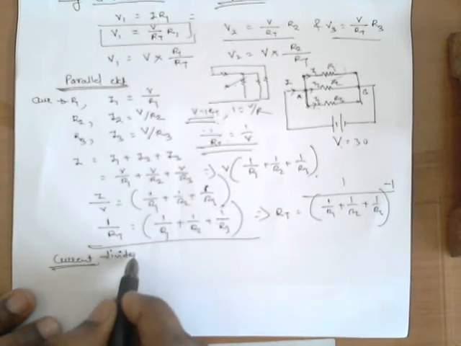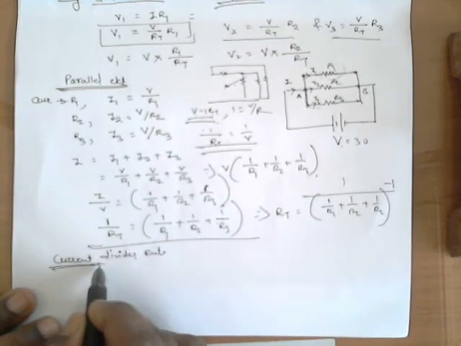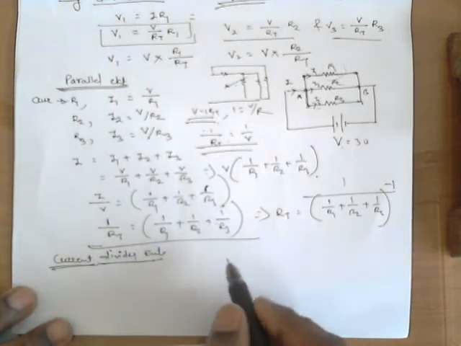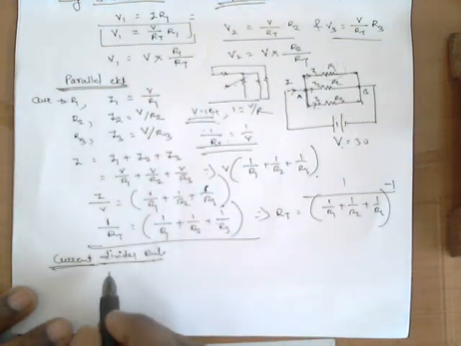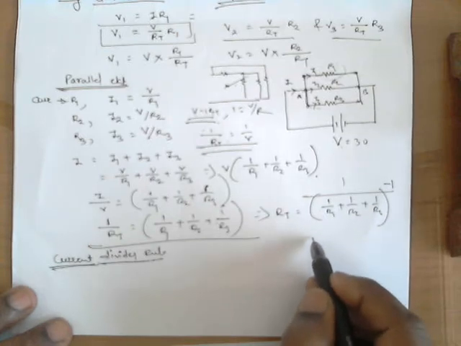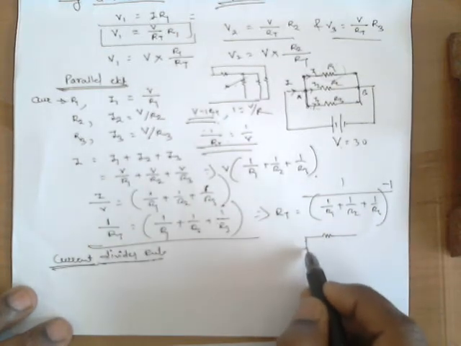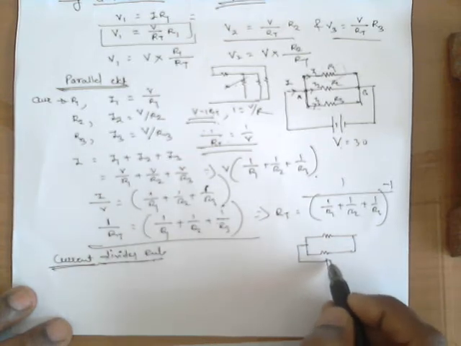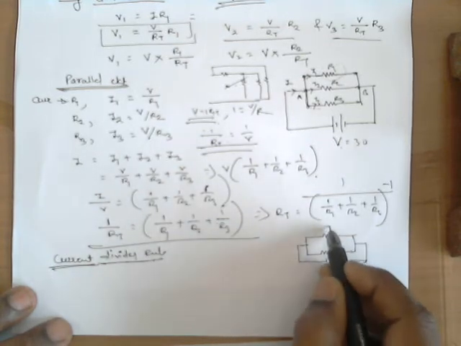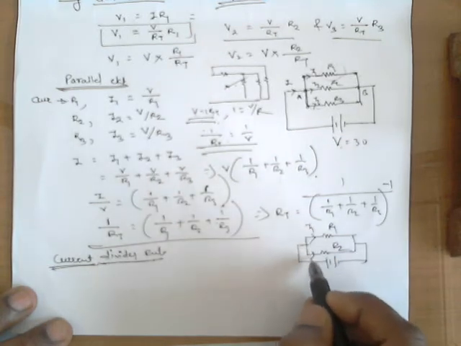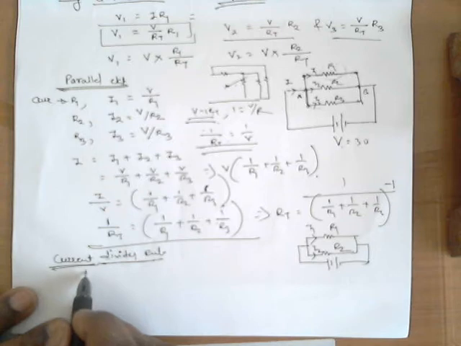The voltage divider rule we have seen. Current divider rule, let's see. Now, the current divider rule is also again simple. Either you can derive it or there is a trick also. If you want to see how it gets derived, let me show you. This is R1, this is R2. Current I1, this is current I2.